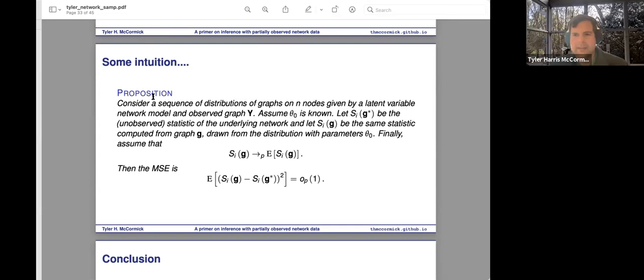Let me expand on that a little bit, Jim. To combine what I was saying before with what you're saying now, a succinct summary is that we need two things for this resampling approach. One is that there needs to be enough